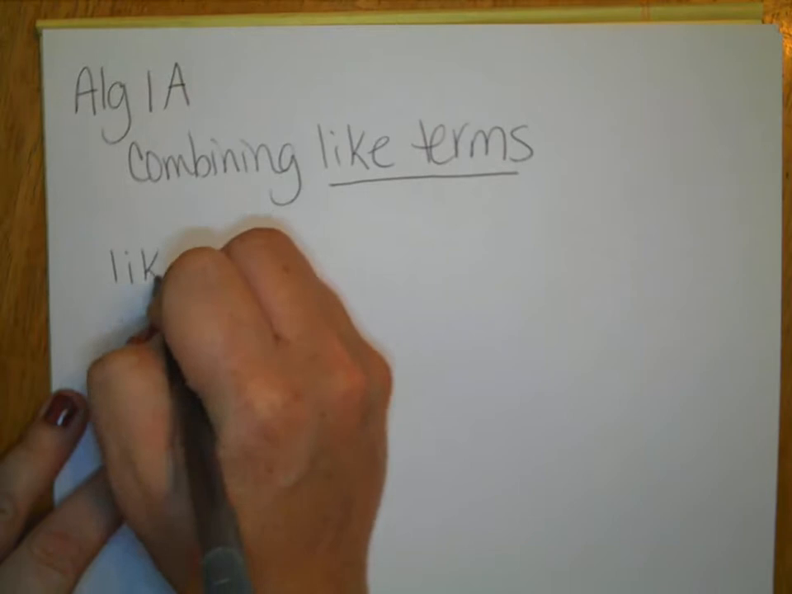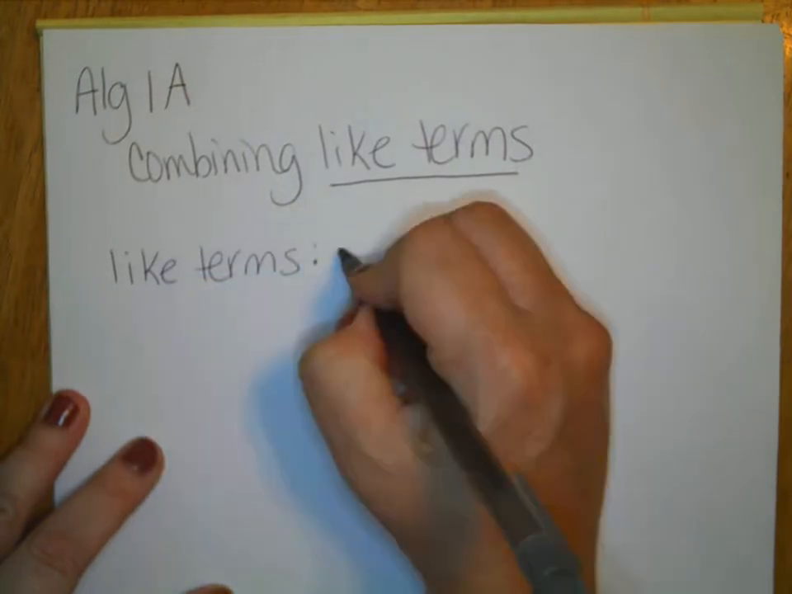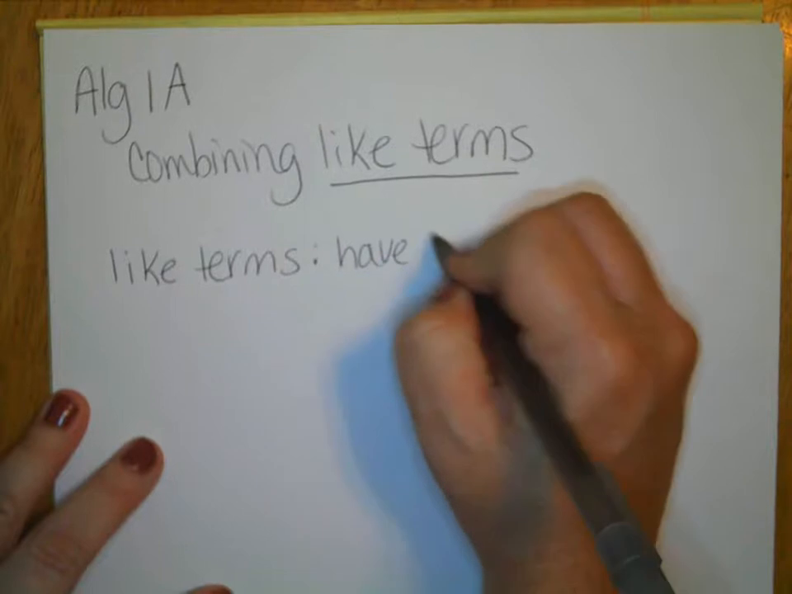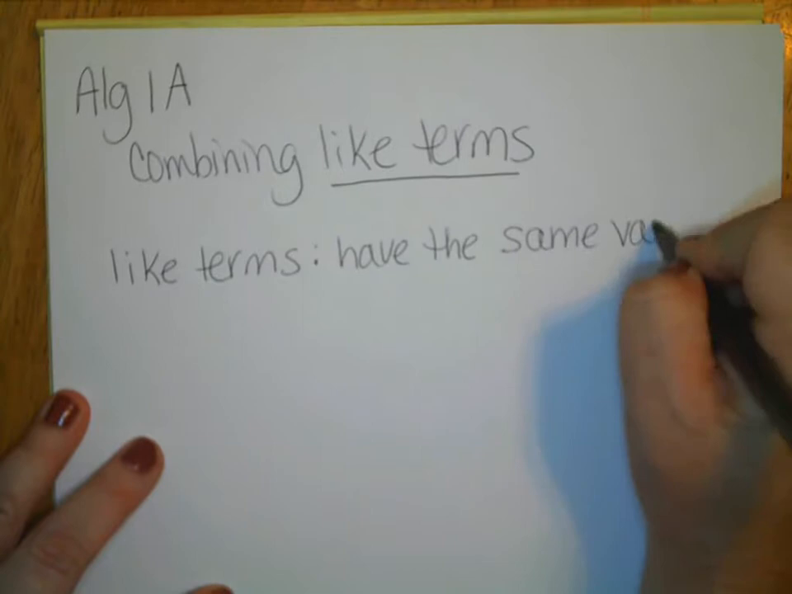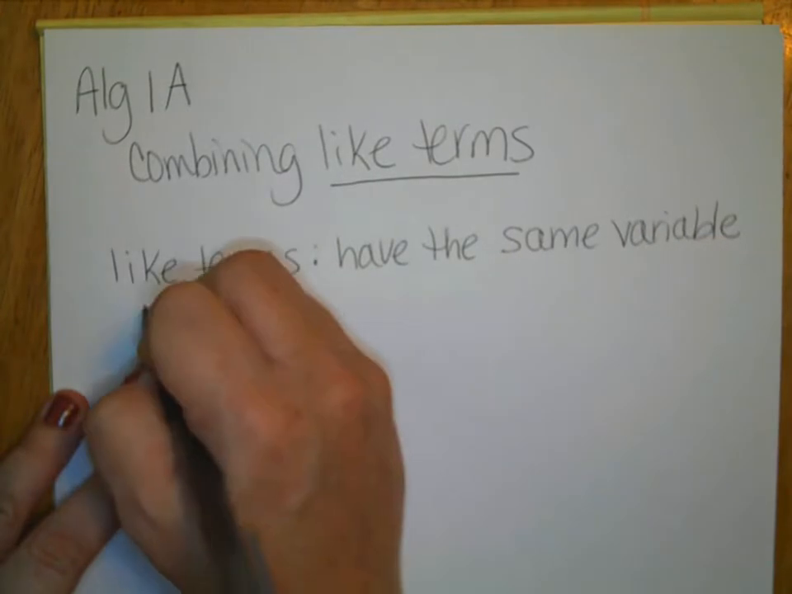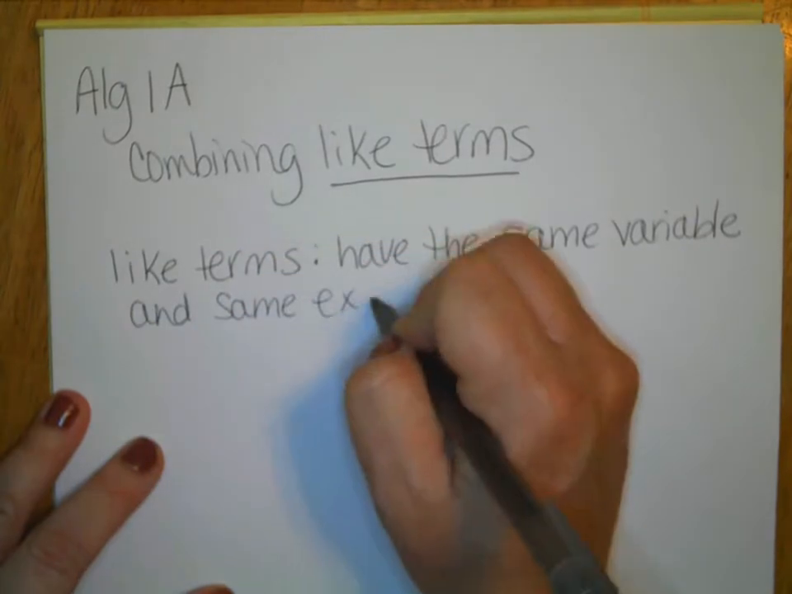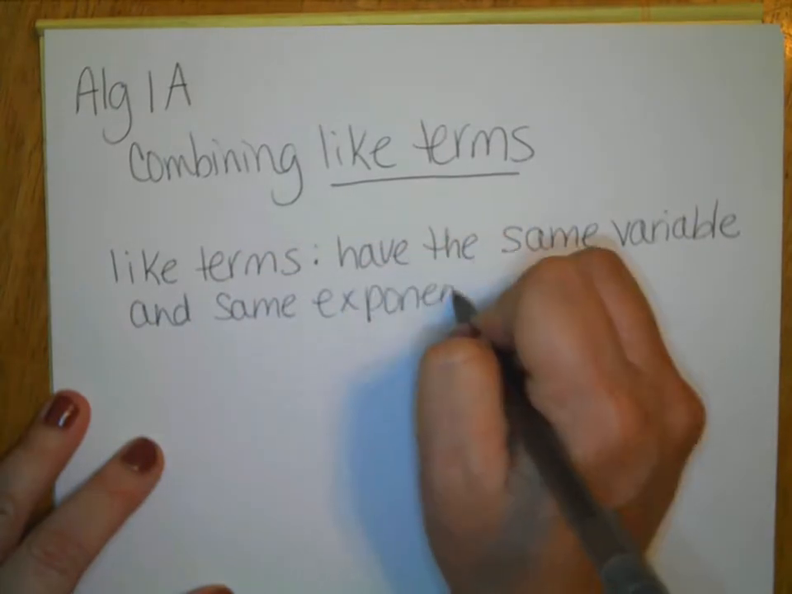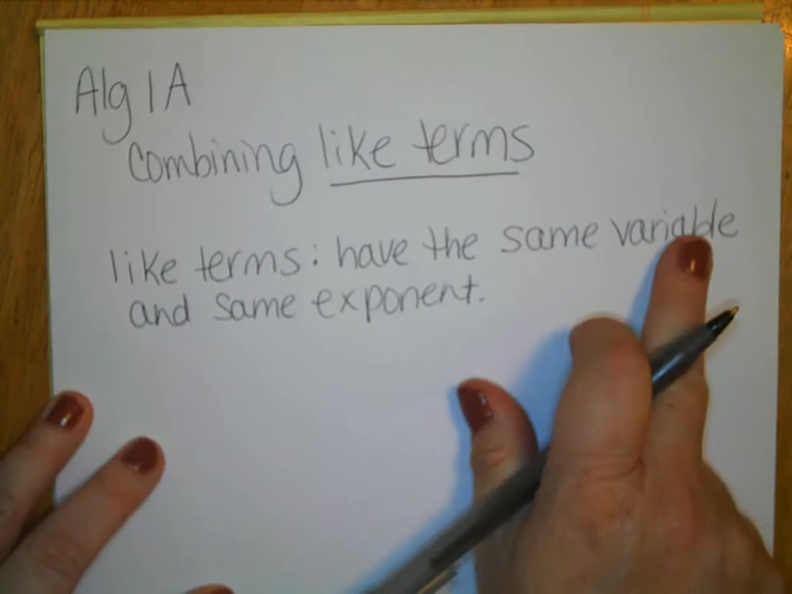Like terms have the same variable, which is just a letter, and the same exponent. I want to make sure you understand the variable is just a letter, and an exponent, let me give you